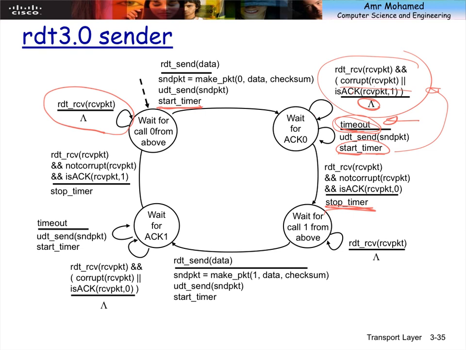And the timer is now a new parameter in the system that I need to start whenever I send a new packet, and I need to stop whenever I receive positive acknowledgement. So I start when I send a new packet, or I retransmit the same packet again. Okay? And I stop it when I receive positive acknowledgement. So this is good. So we understand the differences now.